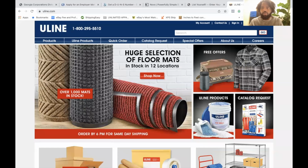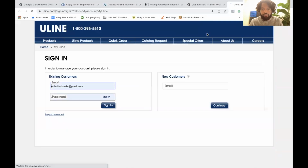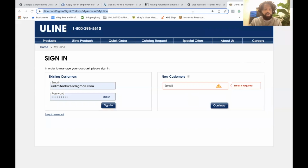So what you'll do is make an account as a new customer, put your email address in, then go to a page, sign up, and they'll offer you a net 30 line of credit. You have to load up $100 in your account and spend over $100, and they will offer you a line of credit. All right, so Uline is one. Two is